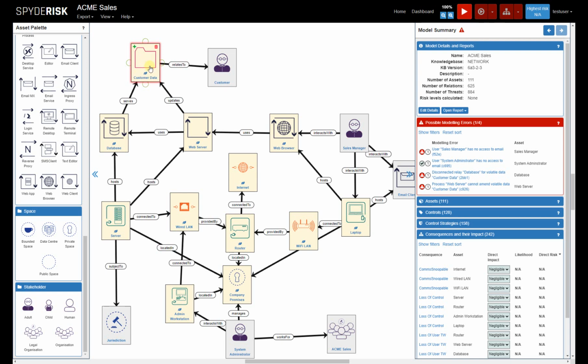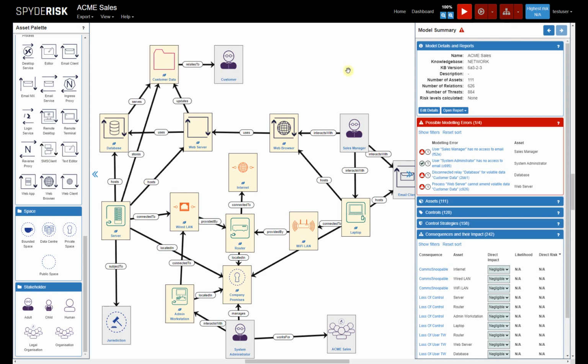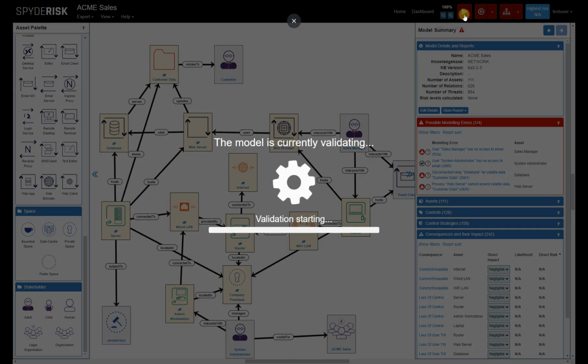So when we were putting that database in place, the final thing we should have done is to say where the data is stored. That means it's persisted on the disk of that server. You can have data that's not stored anywhere, but as that tooltip said, it's just volatile, so it just comes and goes. So if I now run the validation again,